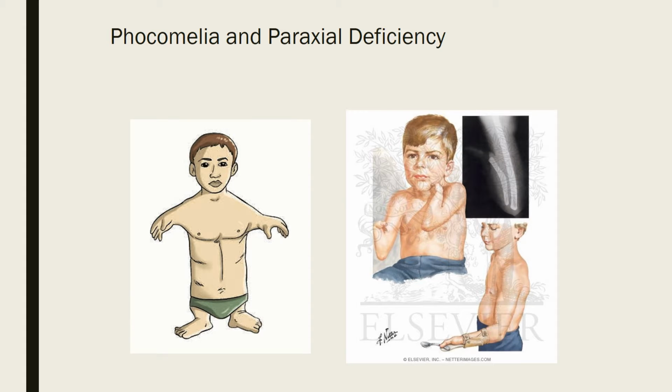So we can see here different pictures or different examples where in phocomelia, again, we have no proximal part of the arm, so the humerus is missing, but they do have the distal part of their arm or their hands. Same thing with this particular person's legs. Okay. For paraxial deficiency,